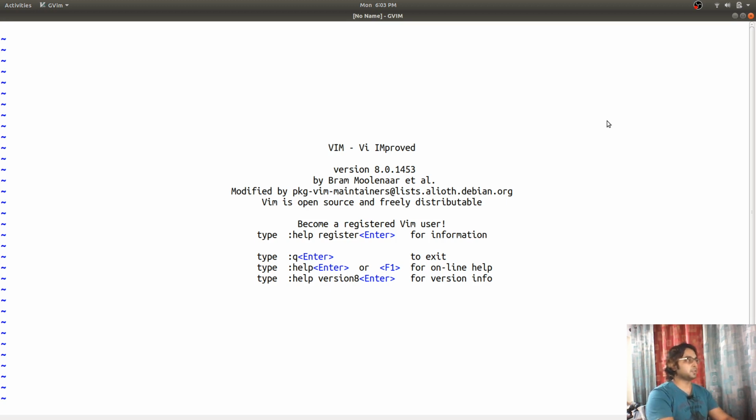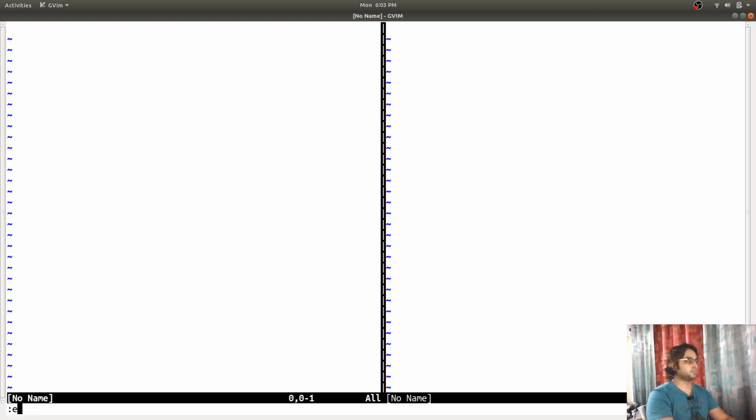So this is going to be a C file, and for performing standard input output operation, you have to import the standard io.h file.